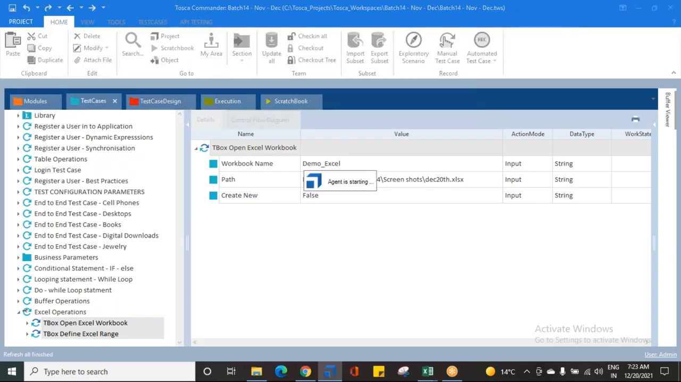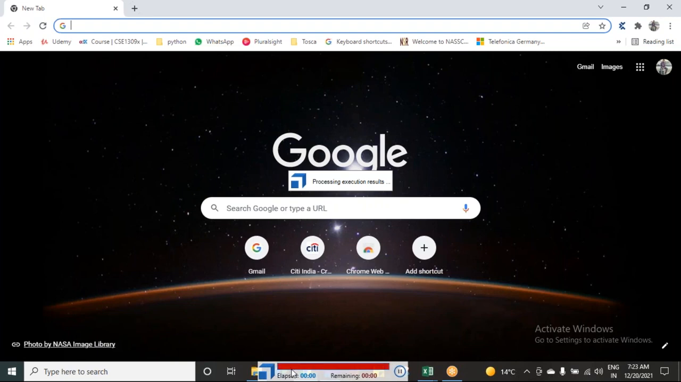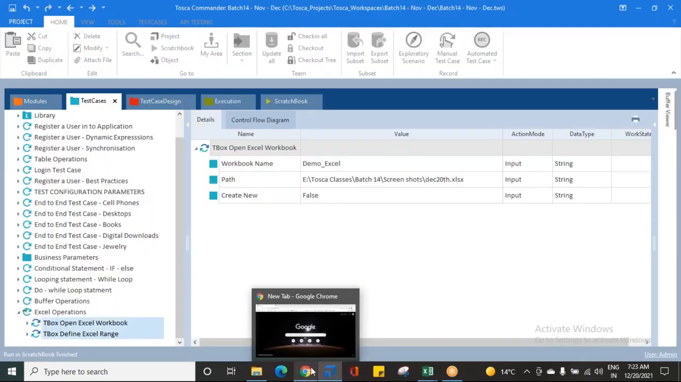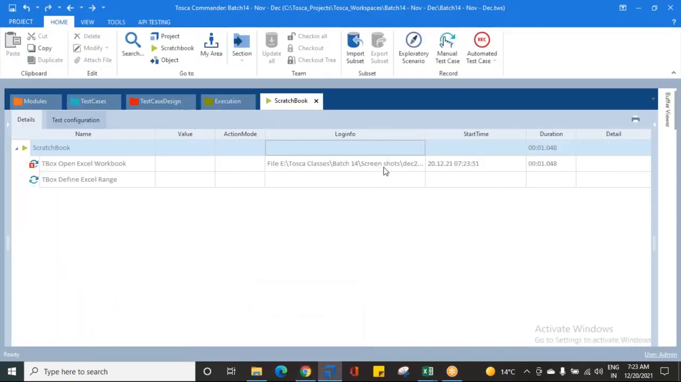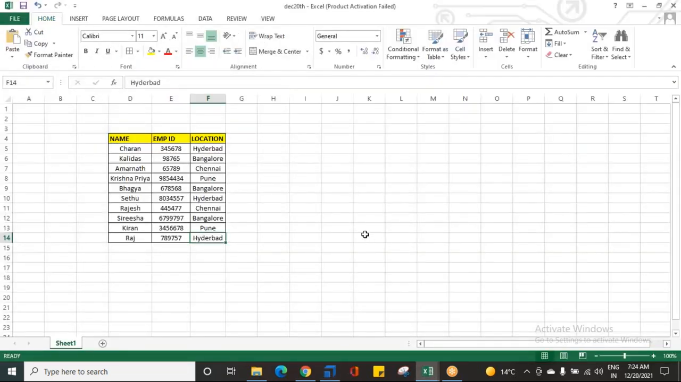Now I'm running all these steps. Okay, now executing. I have started executing. Now it is fine. Now again it has failed. Why? Okay, now you can see this: the Excel file, December 20th.excel, is currently in use, which means you have already opened it. The second important point that you need to remember is whenever you are executing, you need to close your Excel,